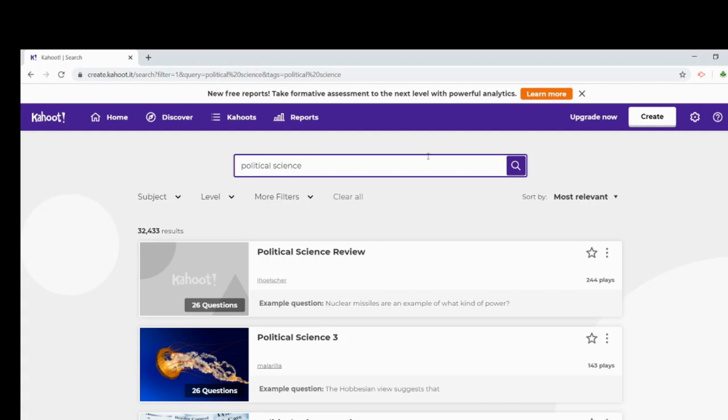When you have created the particular quiz, share that link with the students through various platforms like WhatsApp, Telegram, or your Google Classroom, and provide them that particular pin. When a student logs in to the Kahoot app, he just enters the pin, and the game starts. Now during the classroom, suppose you want to conduct this quiz in 45 or 50 minutes, most of the students have their Android mobile in the classroom. If one or two students don't have one, they can join in a group and easily play the quiz.